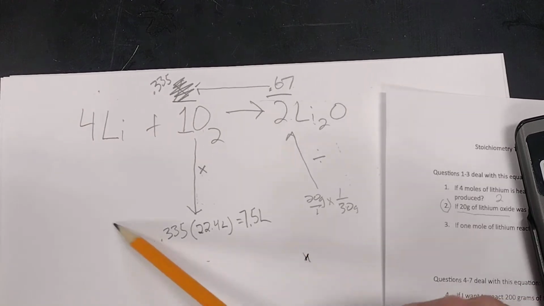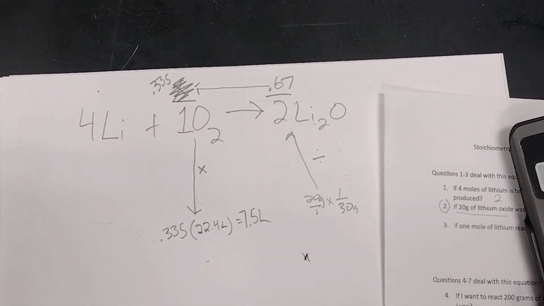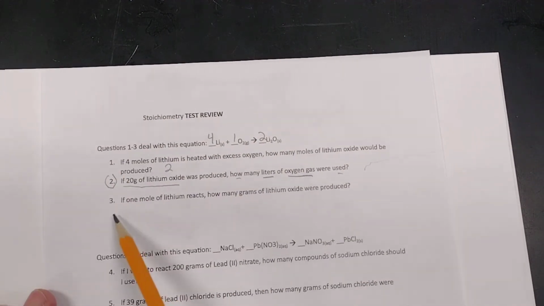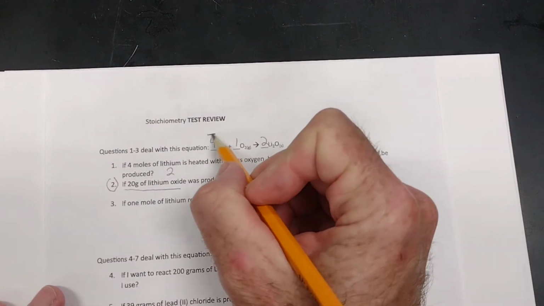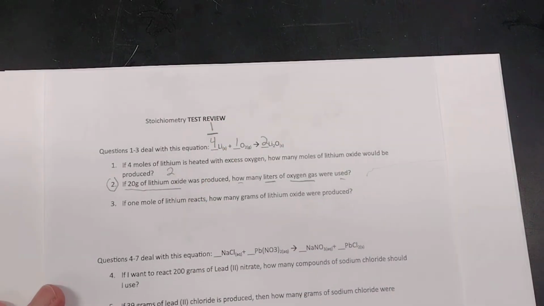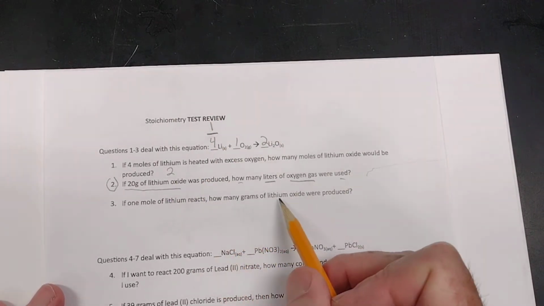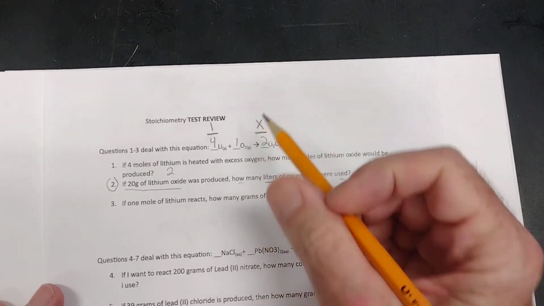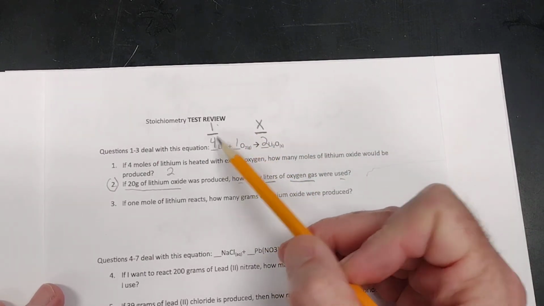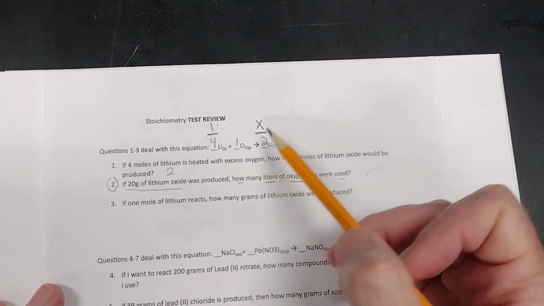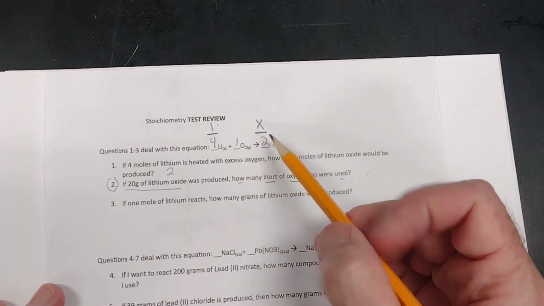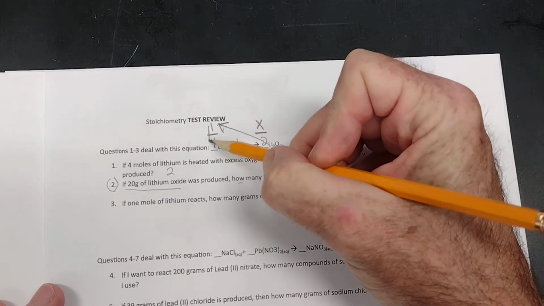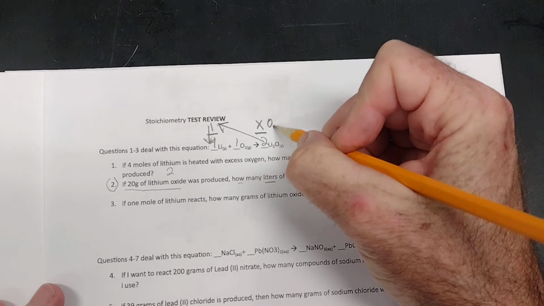Let's try another one with this exact same problem. This next one says, if 1 mole of lithium reacts, okay, we're going to put a 1 there instead of a 4. How many grams of lithium oxide were produced? How much of this? 1 is to 4 as x is to 2. So we're going to cross multiply. 2 times 1 divided by 4. 0.5